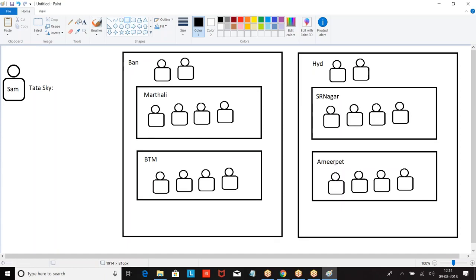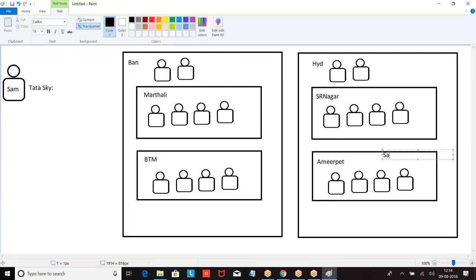Right? When a customer comes, if the customer belongs to Amirpet, then I have customers like Ram, Kiran. This customer data is visible to the members of Amirpet. So the data of that region is accessible to the members of that region. Who are the members? Users of your company, employees of your company. That may be an external employee or internal employee. Now, the account is nothing but a customer. Customers of that region are visible to the members of that region. Who are the members? Employees of your organization.